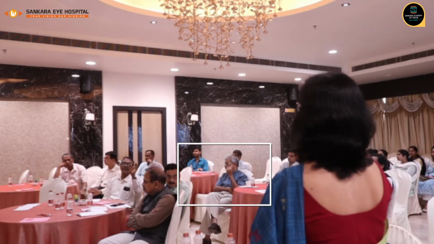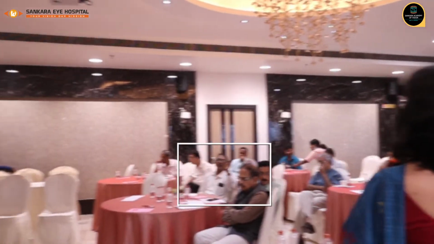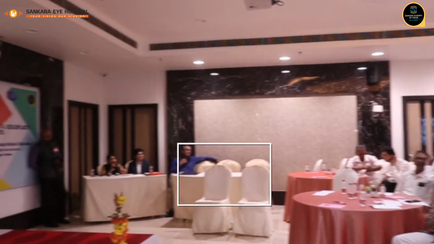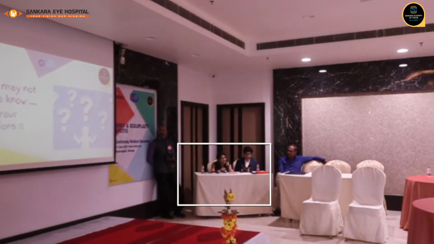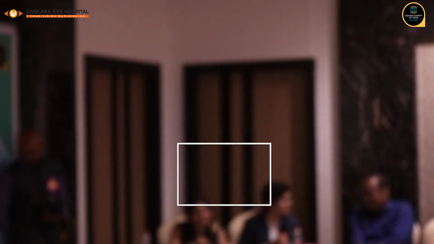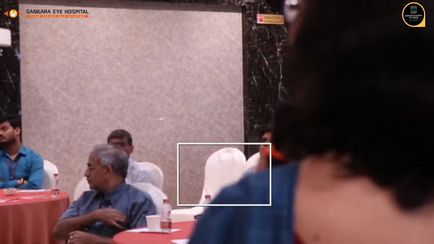Any change in the involvement of the muscle belly, tendon, belly, or something like that. So orbital myositis or orbital inflammation, which is also sometimes called orbital pseudotumor, is more likely to have the muscle belly as well as the tendon involved. And there will be localized congestion at the insertion of the muscle. There will be